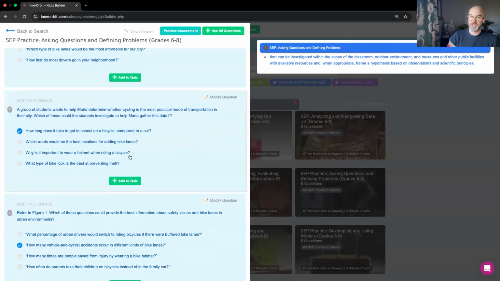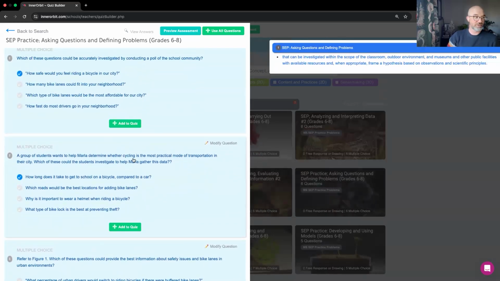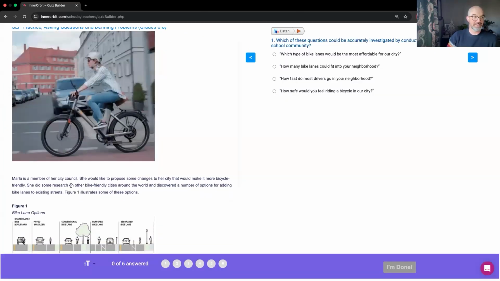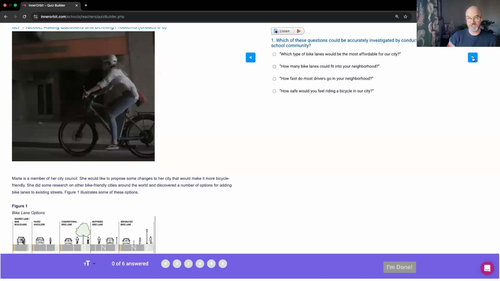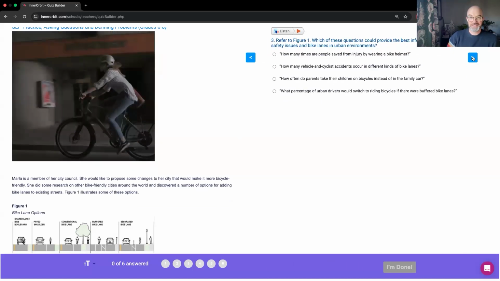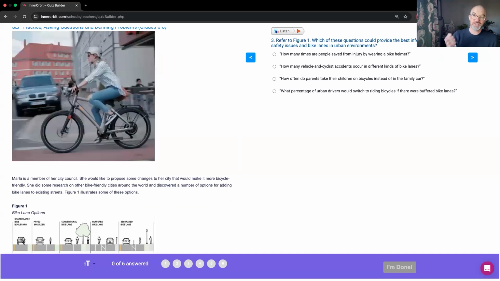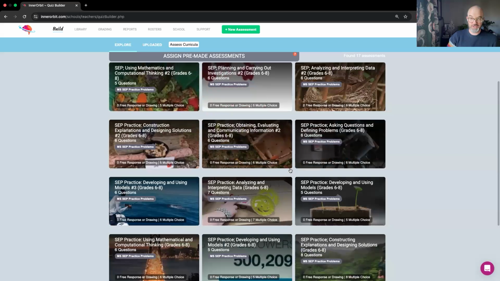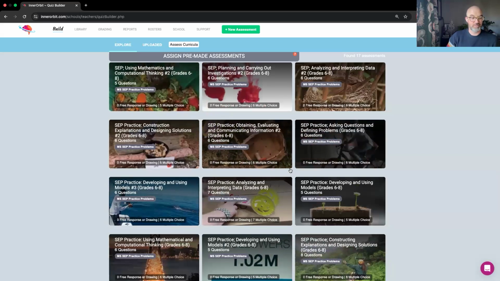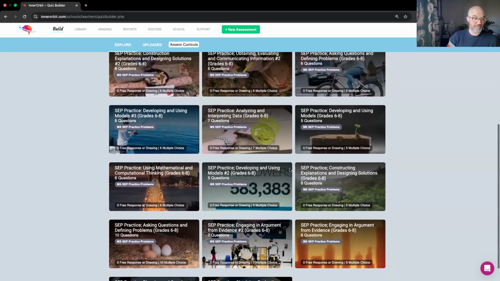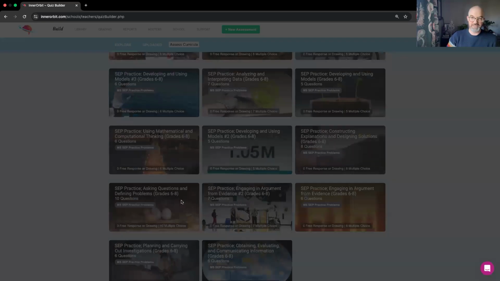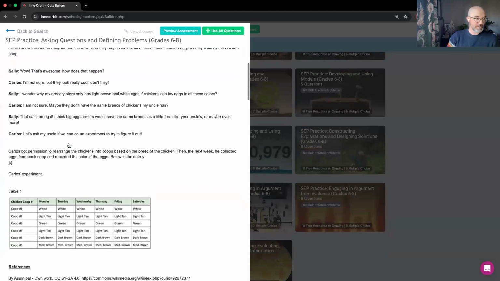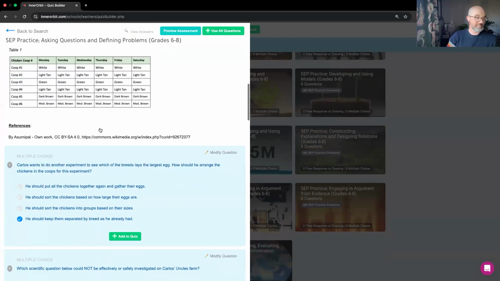One of the options you have is to go in here and actually assign some of these questions, or we can just click preview assessment and ask students to look at the data on the left-hand side and then look at the questions on the right-hand side and answer some of these questions to practice just using the SCP. So one option is to do that. If students do well on those questions, that's great. What we want to do now is give them new opportunities to apply that to different phenomena. If you look at these practice problems on InnerOrbit, we have two different phenomena for the SCP of asking questions and defining problems at the 6-8 grade level band.